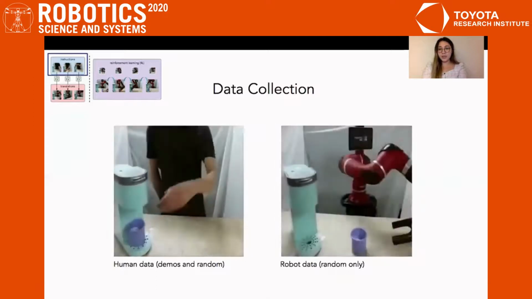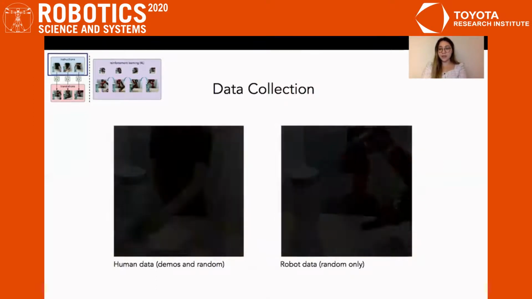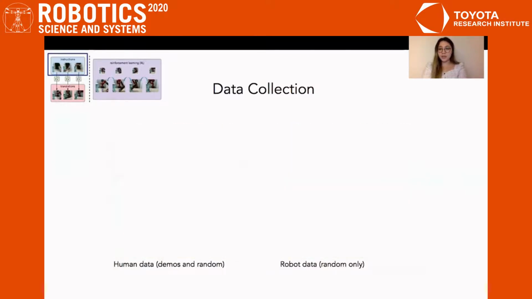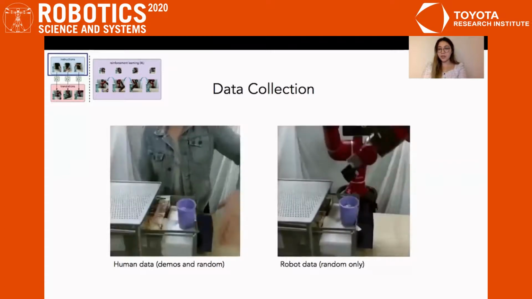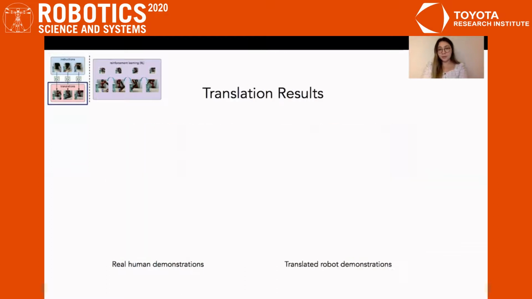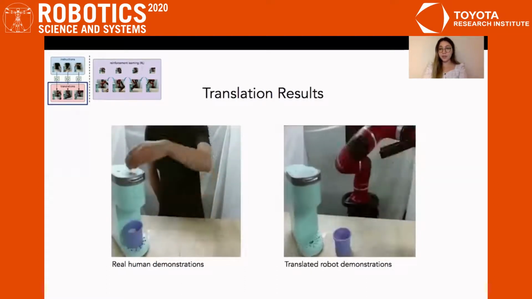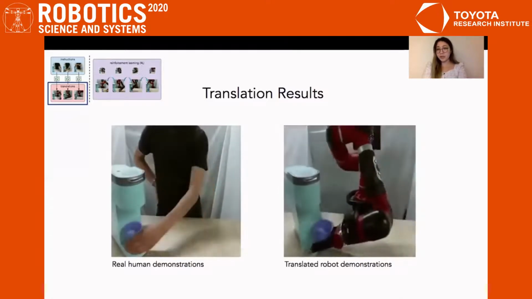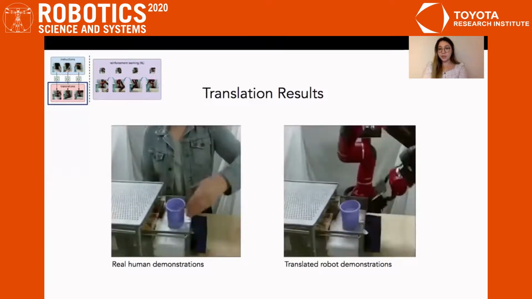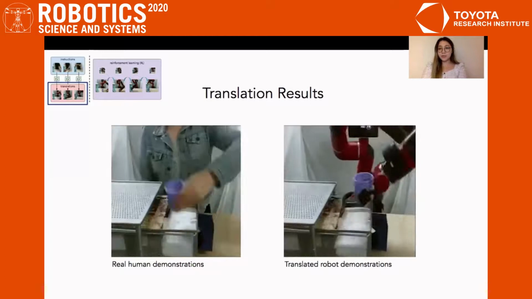Here we show the data that we collect for our CycleGAN. Note that the robot data on the right is only collected via randomly sampled actions in relevant scenes. And the human data consists of demonstrations of the tasks we're interested in, like operating that coffee machine or getting a cup out of a drawer. Once a CycleGAN is trained, we use it to generate translations of the human demonstrations on the left into model-generated ones on the right. We can see that the model generates realistic enough images so that we can successfully use this to learn a reward function.